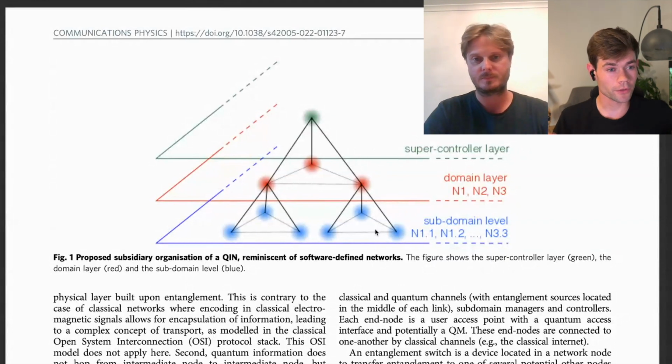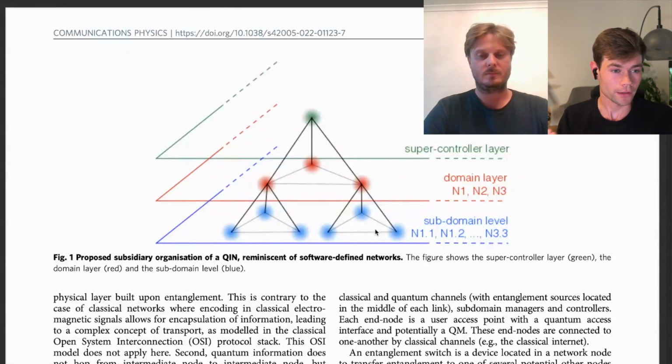Mm-hmm. Okay, so very concretely, to put this into context, we have the subdomain levels. They would then be tied to physical satellites that are orbiting somewhere, and the idea behind this figure is that as you escalate up the hierarchy, you would have higher level controls at the supercontroller level, and then the subdomains would keep track of their own satellites. As satellites traverse across the globe, would they switch subdomain, or how would that work? Can you think about this geographically, at least at the subdomain level, that you would have some geographical entities tying to satellites in their vicinity, or am I thinking about that in the wrong way?